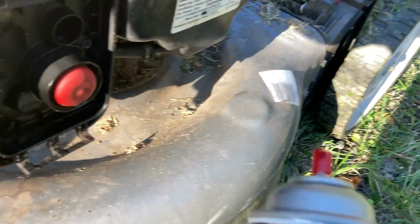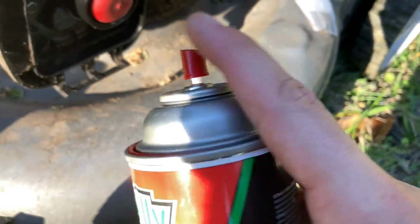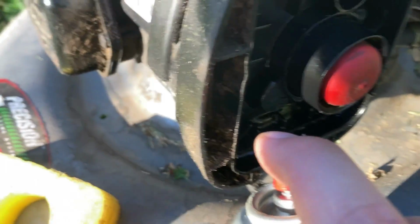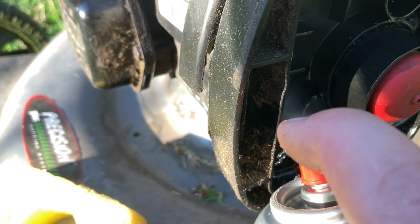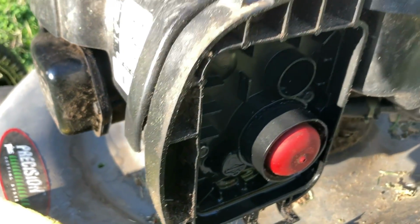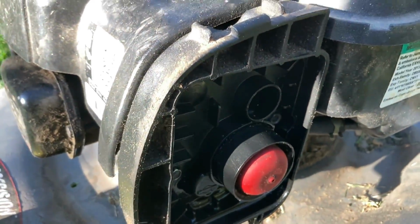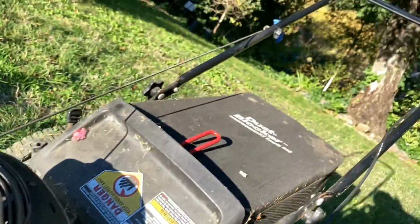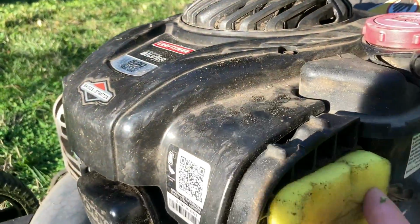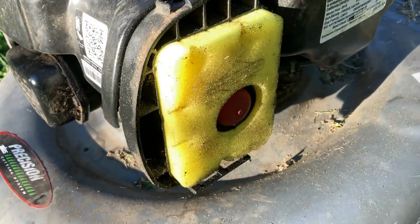Hang on a sec while I pop off the top. I have the straw there, but I'm just going to show for sample purposes. I'm going to spray it just like that. You can see there's the opening right there. Spray it right in there. It also helps if you pull the throttle. You can do that either from down here, usually just right at the top. Just open it up, get this right back on there,